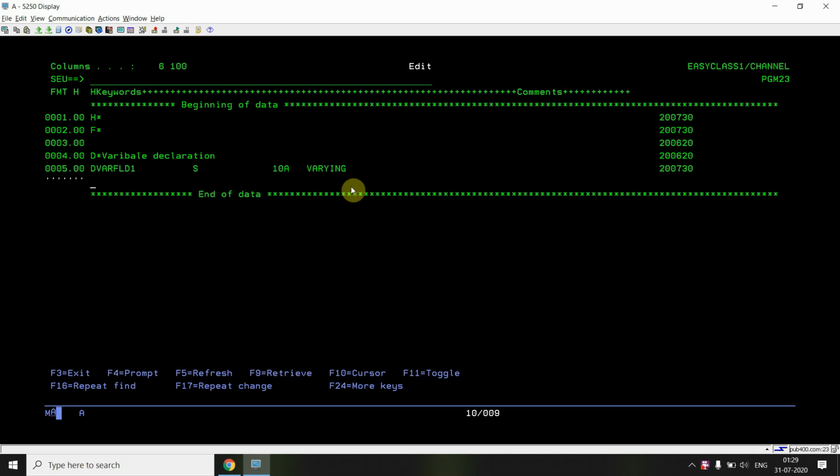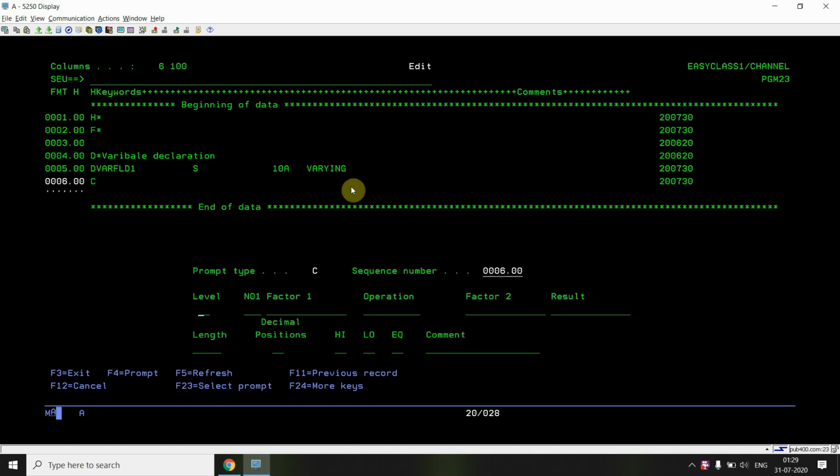The first 2 bytes hold the length of the data. Now I want to take input. Either I can define the PR or PI as in ILE, but I'm not going into ILE right now. I'll show how to do this using the star entry plist.